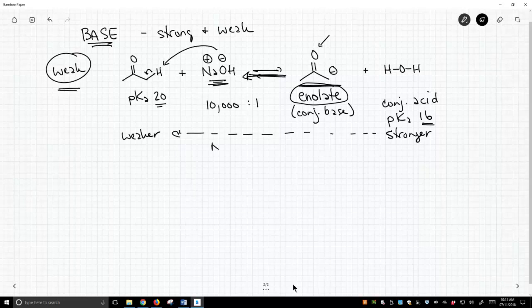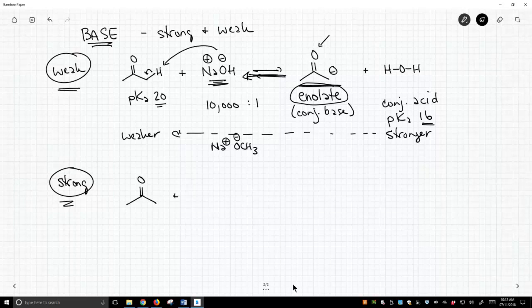And in the same box as sodium hydroxide, I would put things like sodium methoxide, sodium ethoxide, all the alkoxides, not just sodium hydroxide. Okay, now let's talk about relatively strong bases. So again, here's our ketone. Now, how can we make a base stronger? Well, one way to make a base stronger is to put the negative charge on a less electronegative atom. What's less electronegative than oxygen? Nitrogen. So we're going to use an N- base,